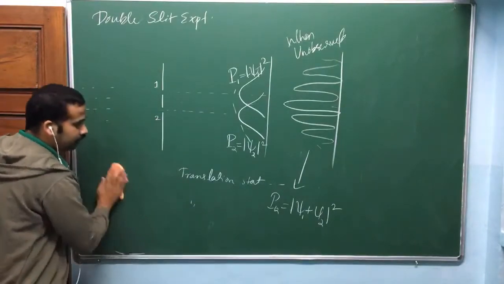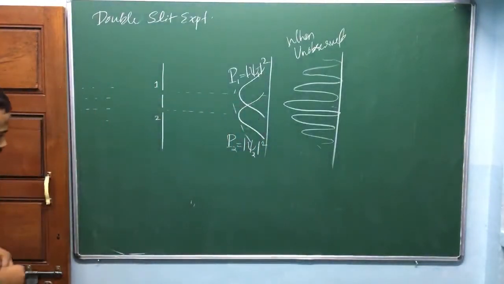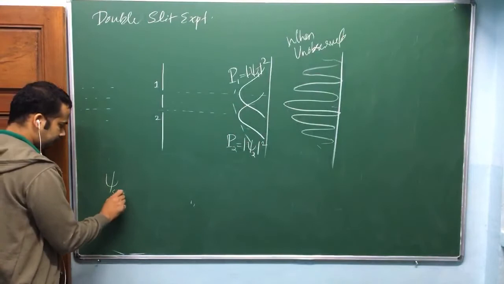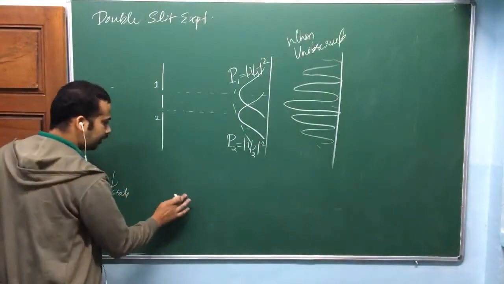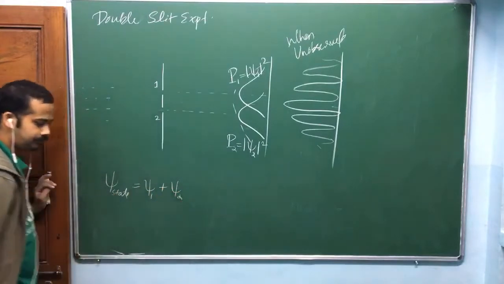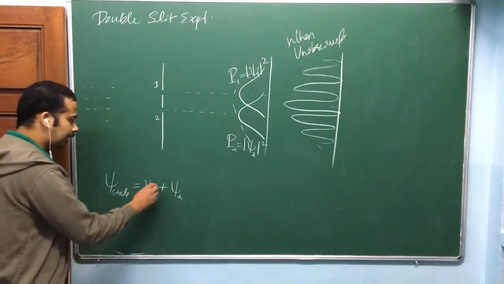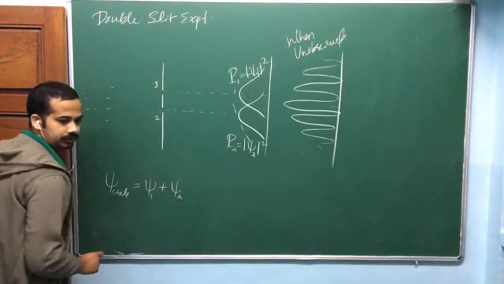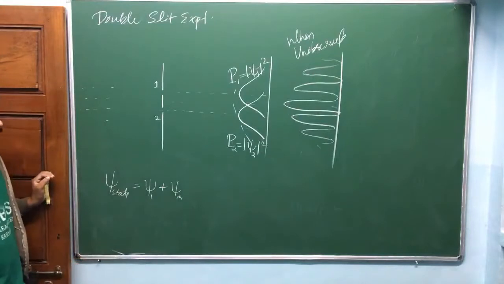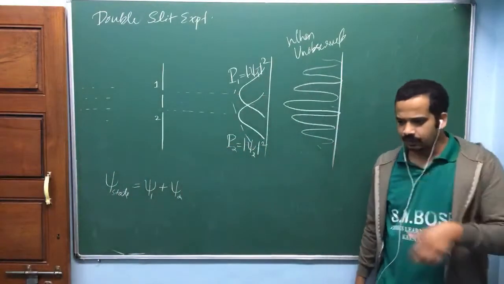Sir, observation. Observation of which slit the electron is passing through only collapses the wave function, right? If we observe the angular movement of the electron, will it also collapse the wave function? Yes. Again, when you observe, we say the wave function is collapsing either to psi1 or to psi2. But I mean, it's not observing which slit the electron is passing through. We are only observing the angular movement of the electron, maybe any property of the electron.